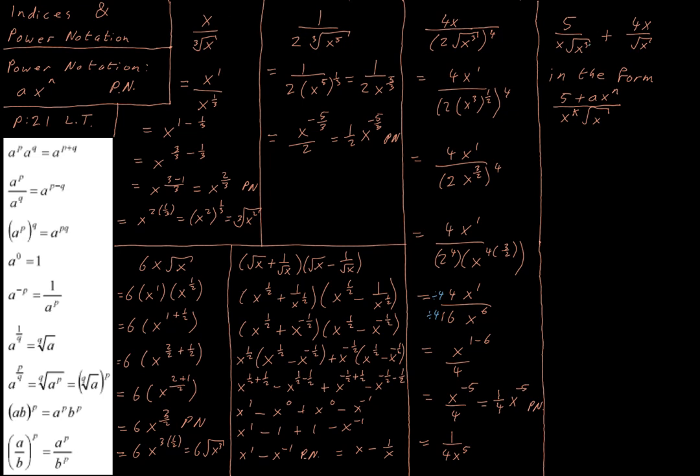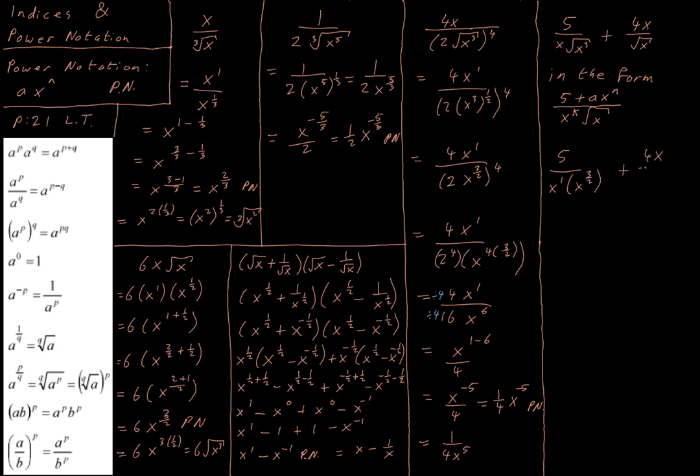Now, finally here, we need to write this in this form. So we see here that we need to write this as a single fraction. So I need to get the same denominator. So I'm going to tidy this up as much as I can to see how I would get my lowest common denominator. So I have, this is going to end up being x to the 3 over 2, because I have x to the half multiplied by power of 3. And then that's times 1 for our power here. So that's going to be x to the power of 3 all over 2